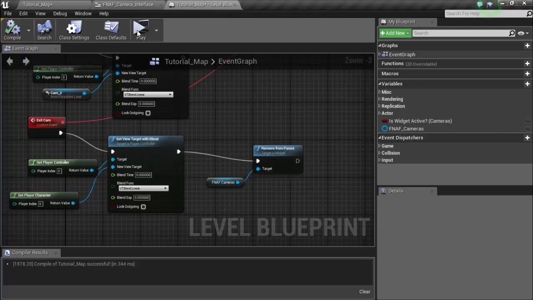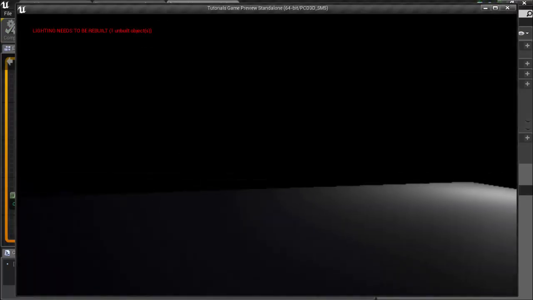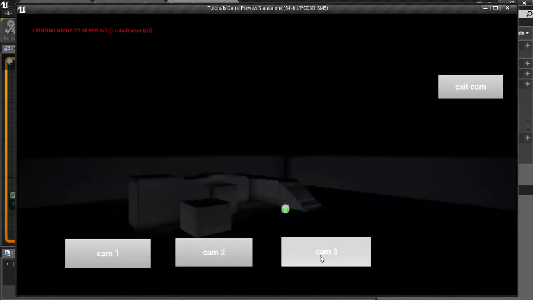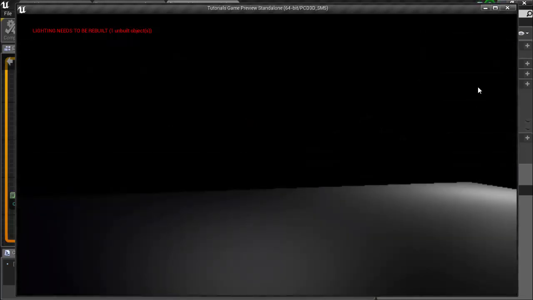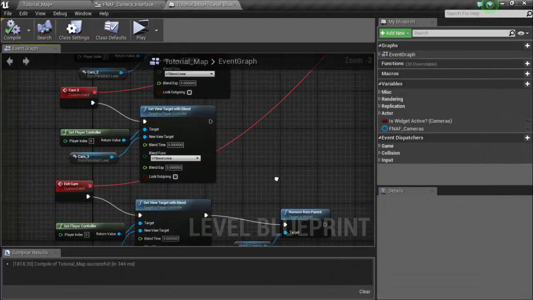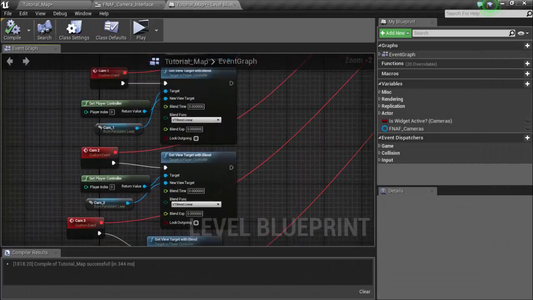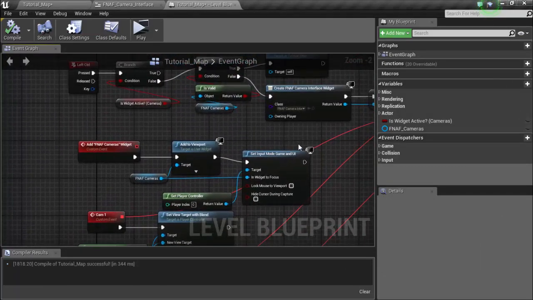There we go. Now let's try it. So Control, cam 1, cam 2, cam 3, exit cam. There we go. We've now exited out. Now if you want to press Control and not still be in your position, then what to do